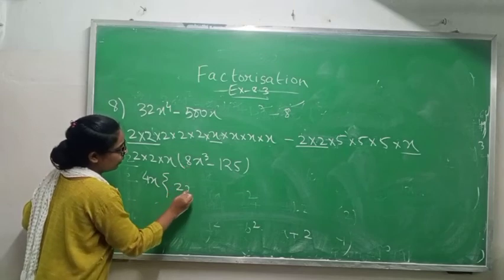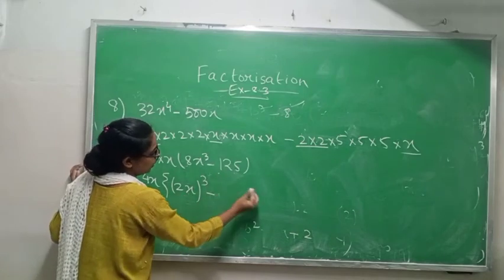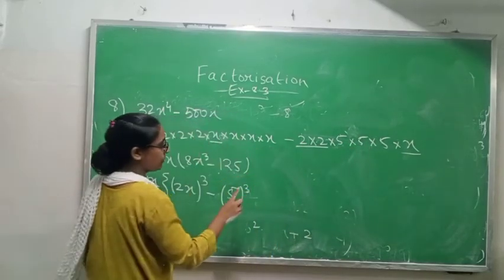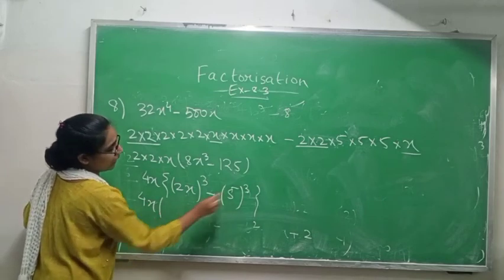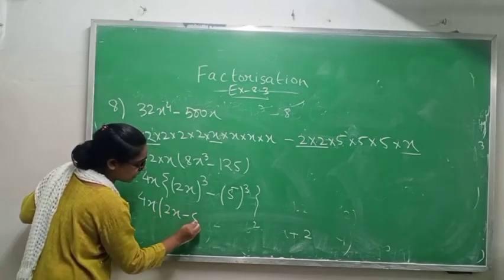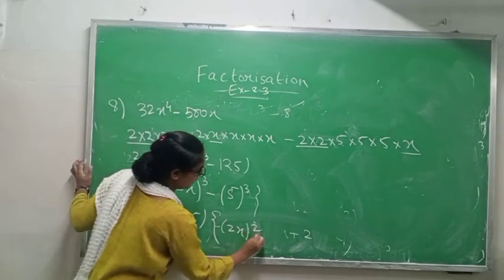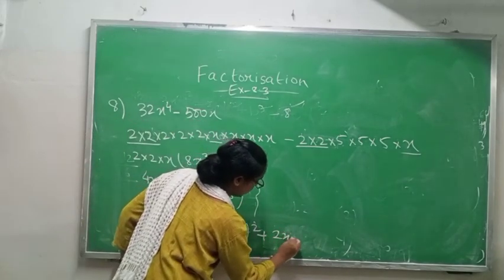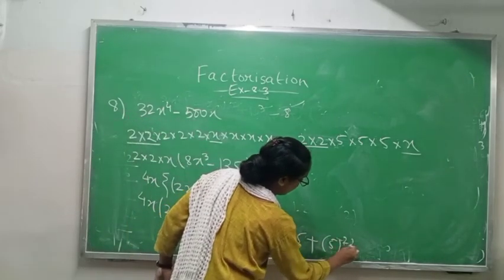Now 8 is cube of 2 and x cube, so that is why I am writing 2x whole cube. And 125 is the cube of 5, means when you will take LCM, you will get 3 times 5, it means 5 cube. Okay. Now 4x, a cube minus y cube, formula is x cube minus y cube, formula is x minus y, x square means 2x square plus xy means 2x into y, 2x into y plus y square means 5 square. You have to learn the formula properly. Okay,